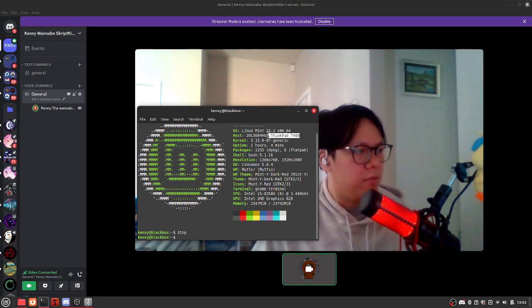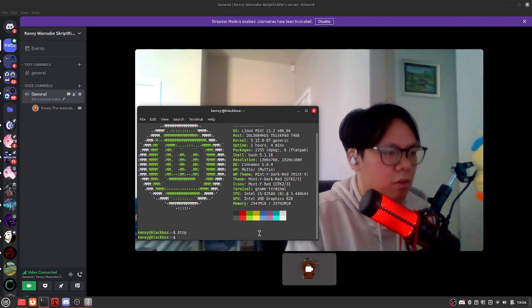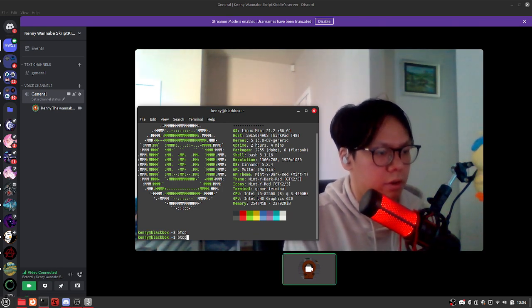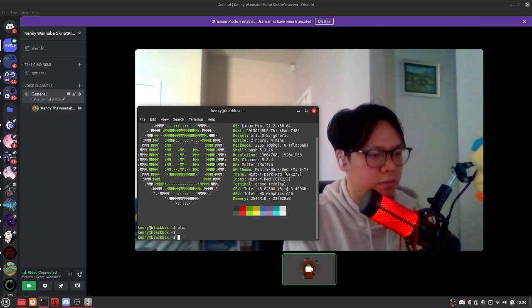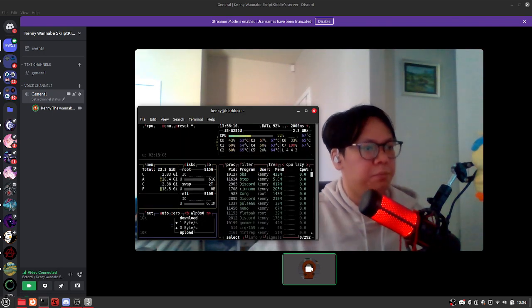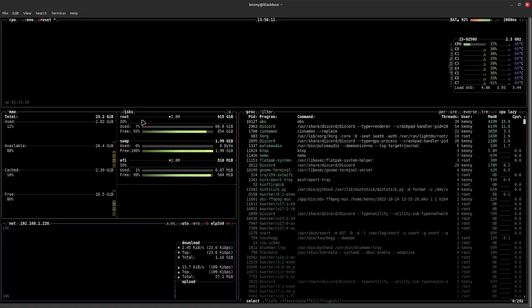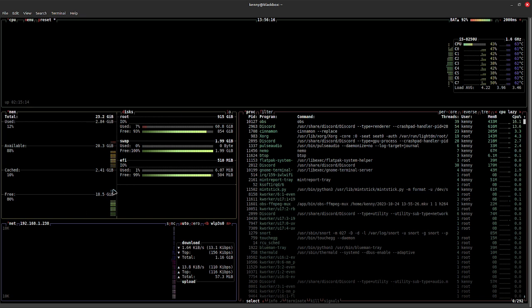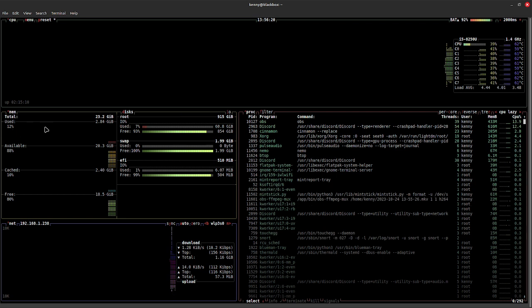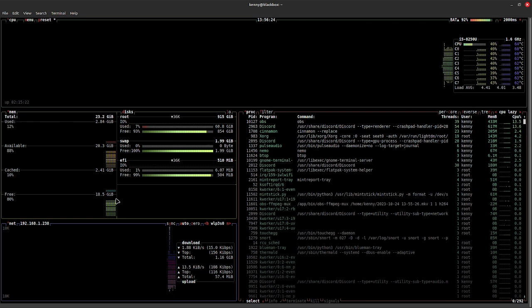I have a ThinkPad T480. I put in 24 gigabytes of RAM, and I also put in a terabyte hard drive. So if we do a btop right here, and I go ahead and extend it, we can see I have 24, but it says 23, but it's 24. And then I have 18 gigabytes of free space, and I'm using about 12%, which is like 2 gigabytes. So yes,